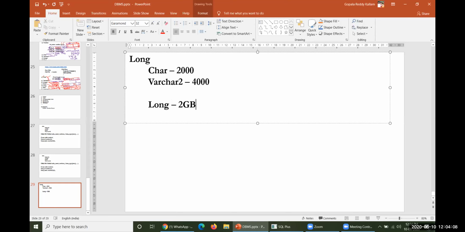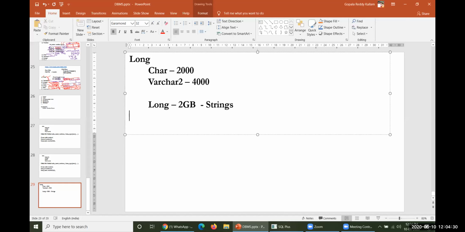But the data you store must be in string form. You may store the data in terms of strings. That is why it is always useful to store a huge amount of data here.